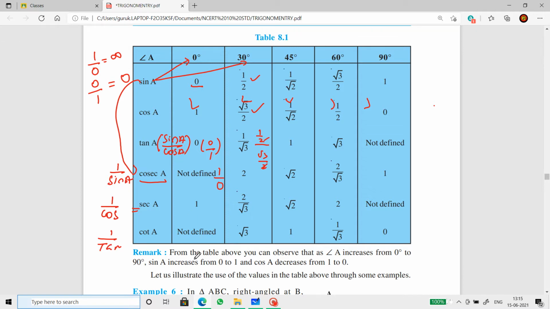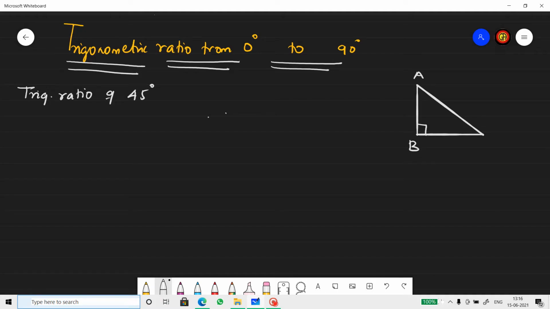So this way, using just the sine values, we can develop the whole table. So as I said in the beginning, I'm repeating, not a good idea to run the table in the mind. It's always best you do it before you start the sum. Now I'm going to show you how we get sine 30 as 1 by 2, cos 30 as root 3 by 2, similarly for 45 and 60. So I'm going to do the proof for this topic. So proof for trigonometric ratios from 0 to 90. Today I'm going to discuss 45, 30 and 60 proofs.